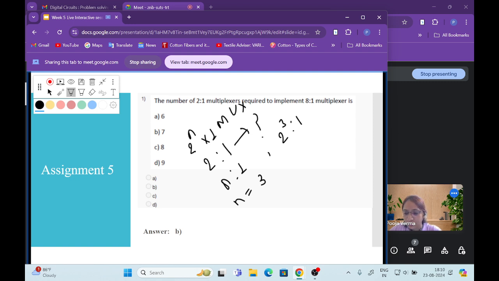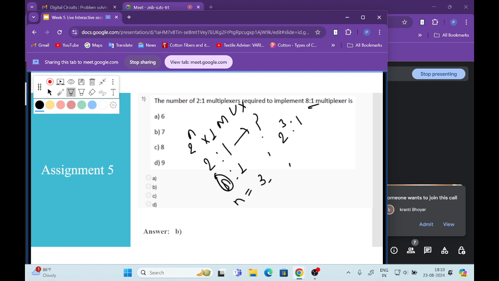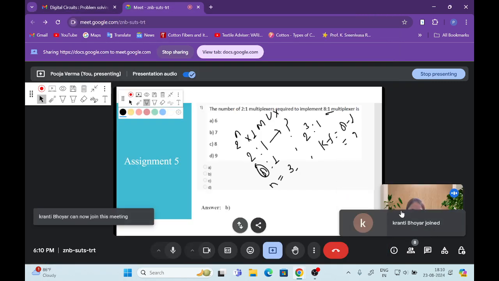One way is, we know the number of mux we want to implement, that is 8:1. So the number of 2:1 mux required is that number minus 1. Let's see, it is k minus 1. So 8 minus 1 is 7. Other way to solve it,